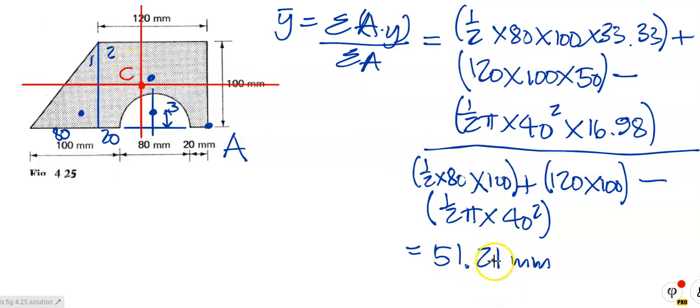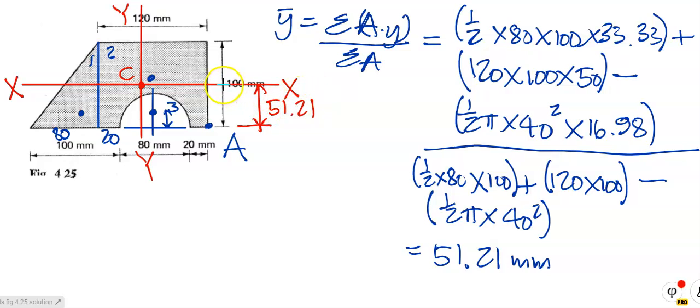Now this 51.21 is actually the distance from there all the way up to there. That's what it actually means, okay? And that there is the x axis of that whole section, and that vertical one there is the y axis of the whole section over there, okay? So of course, if the distance from there to there is 51.21